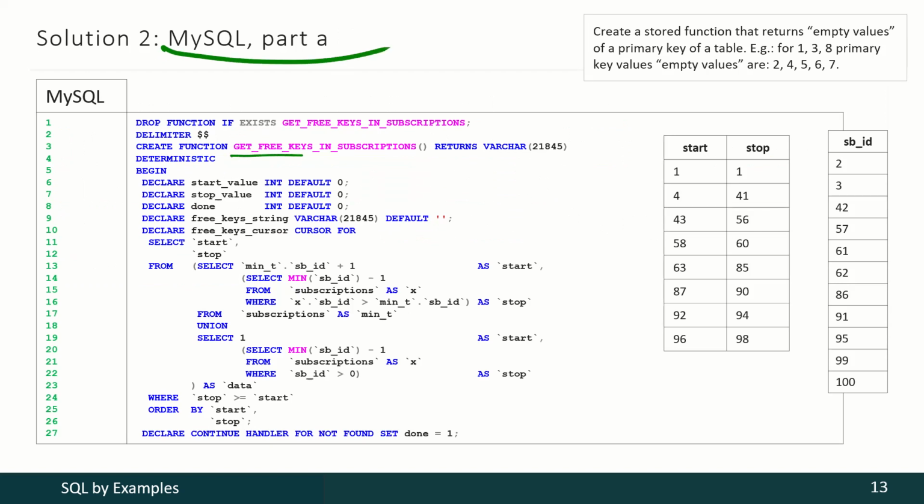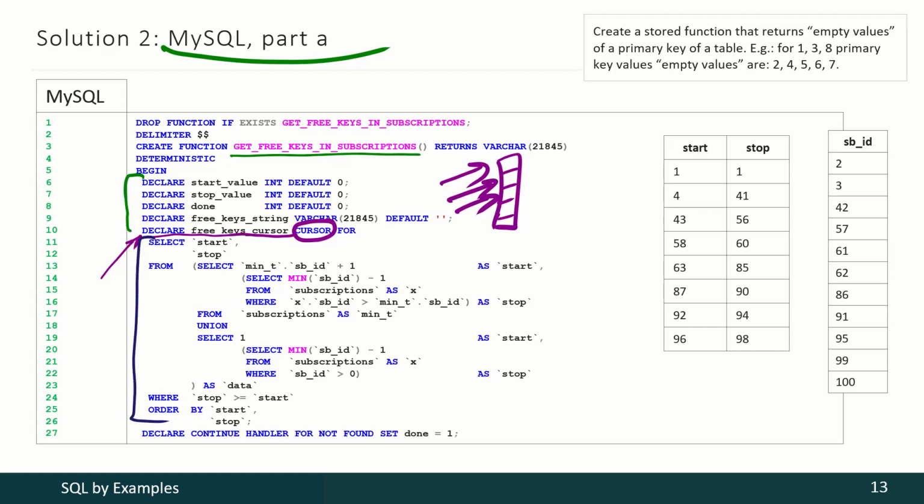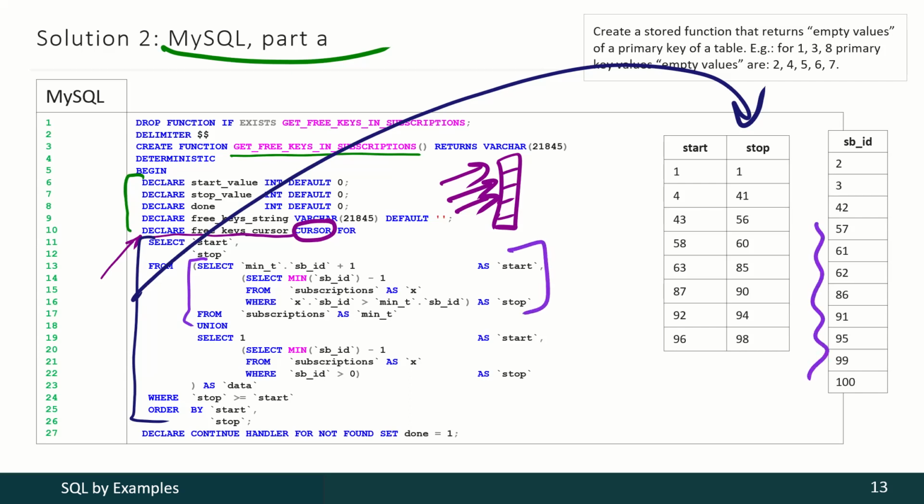Here we are creating our function, we are declaring several variables, and this variable is the most interesting one. This is a cursor, it is a specific structure that allows us to iterate through the result of an SQL query. The SQL query itself produces the following result. This part reacts to some values somewhere in the middle of the initial table.